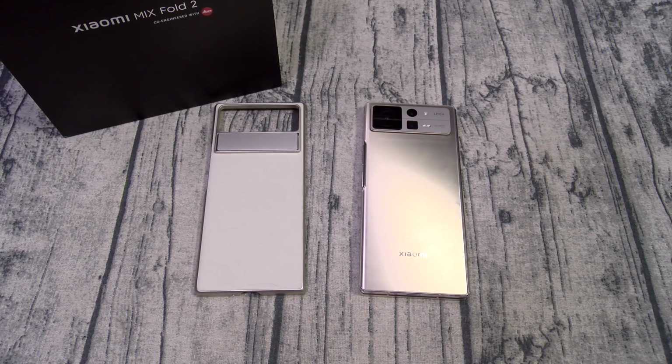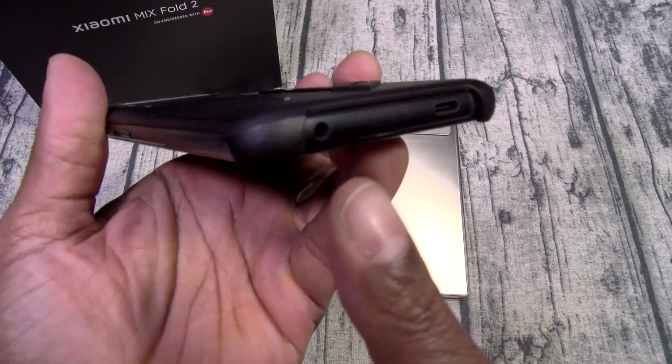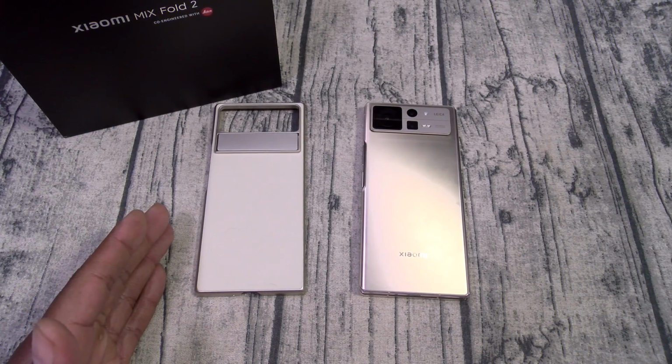Next. Now, y'all know, they call me Petty Roosevelt, so let's talk about a few petty dislikes. No headphone jack. That's whack. Hashtag bars. Shout out to ASUS. Flagship phones with headphone jacks are still alive. Next. No expandable memory. Not the biggest deal in the world, considering that you can get this phone